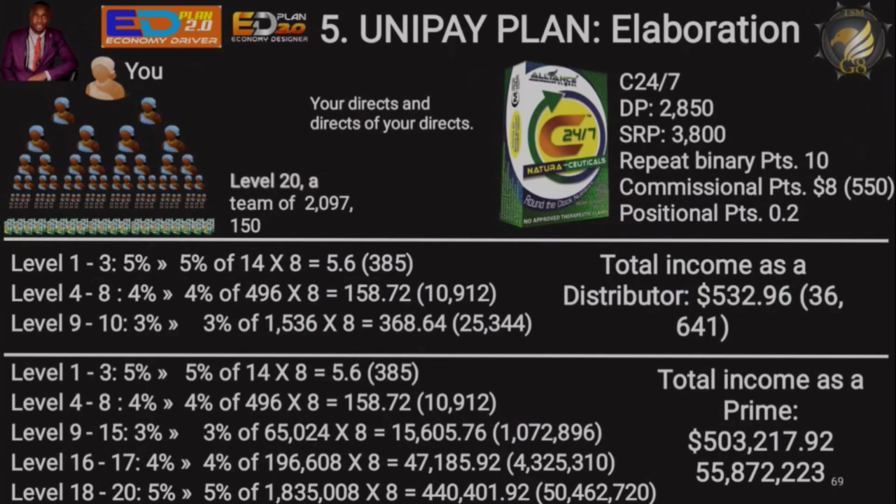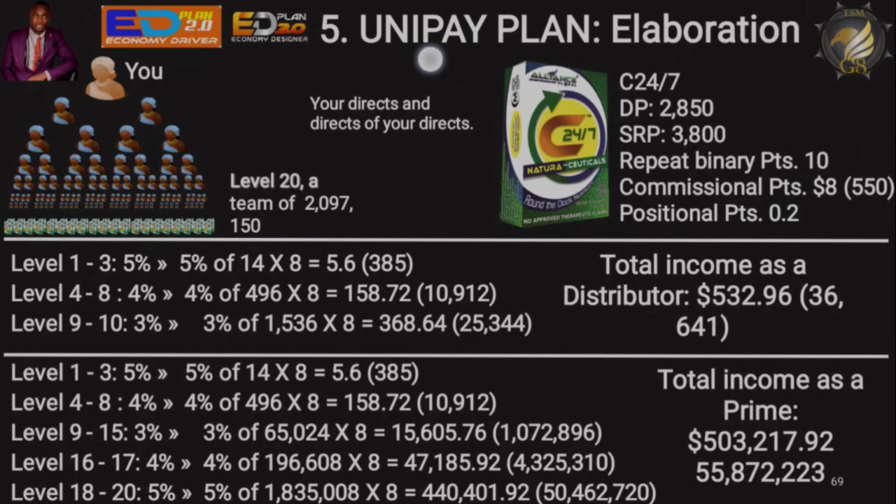And then we also have another, fifth way of making money, which is called Unipay Plan. Unipay Plan is going to pay you from the first level up to the 20th level. The 20th level, in this case, if you just connect left and right like that, if you build the business with the minimum requirements, is going to have a team of 2 million people. If you do the computation of what you are going to earn, if all the individuals in your team decide to reorder any